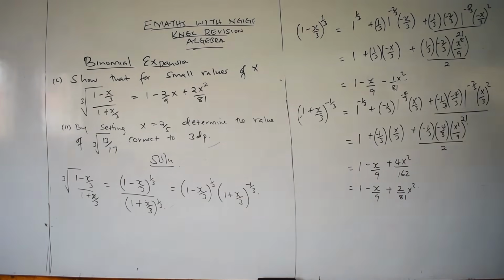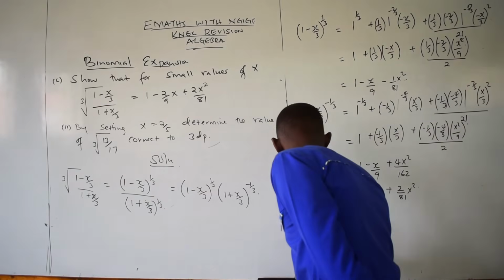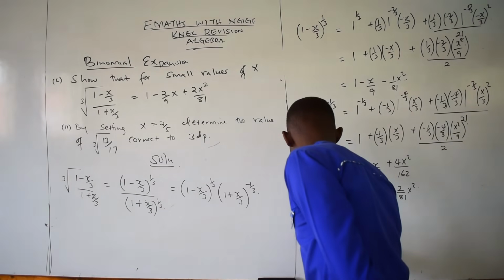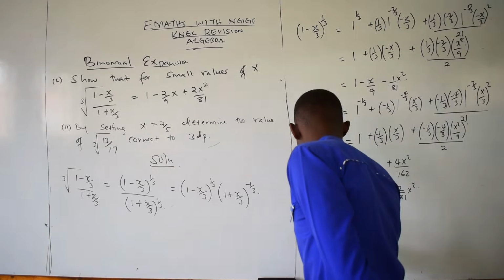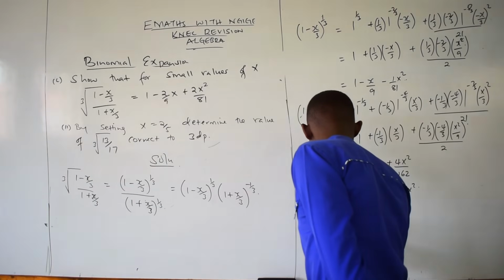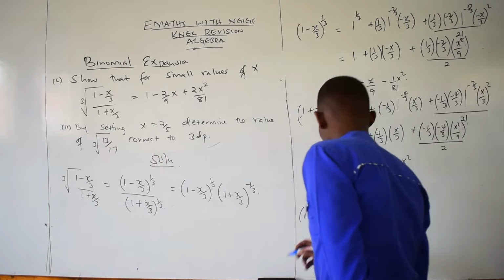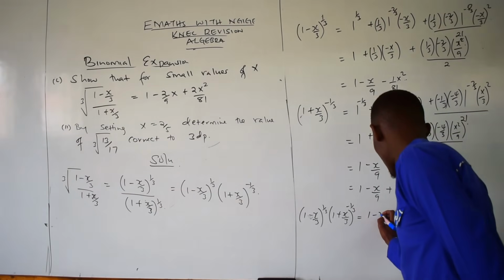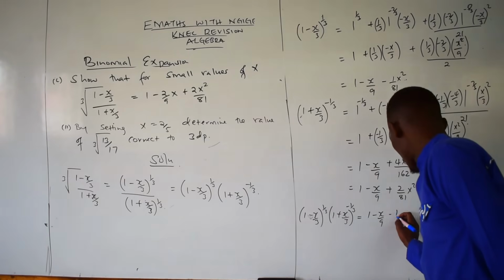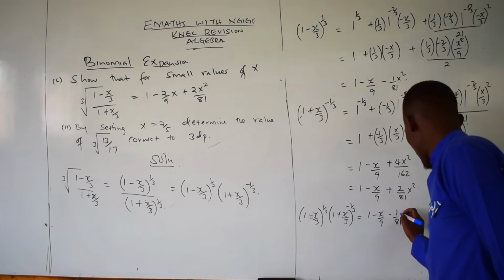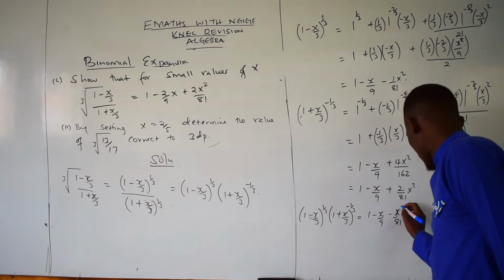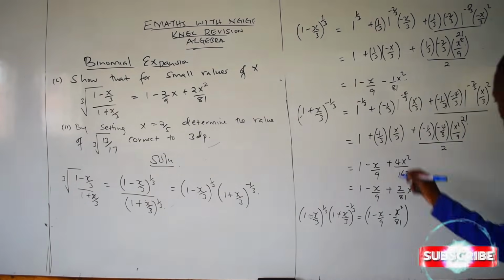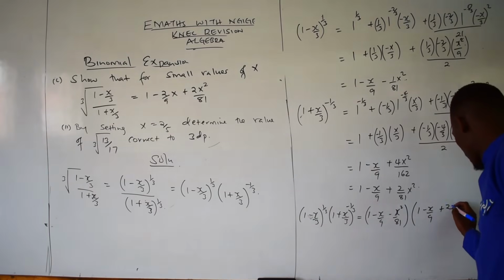So you have the expansion for 1 minus x over 3, then you have the expansion of 1 plus x over 3. Therefore, the multiplication of the two, so you have 1 plus, so is that the negative x over 3 to the power of a third, then multiplied by 1 plus x over 3 to the power of a third. It's just given by the multiplication of the two expansions. So it is 1 minus x over 9, then minus 1 over 81, then we have x squared. So you can have this one as x squared at the numerator there. Then plus 2x squared over